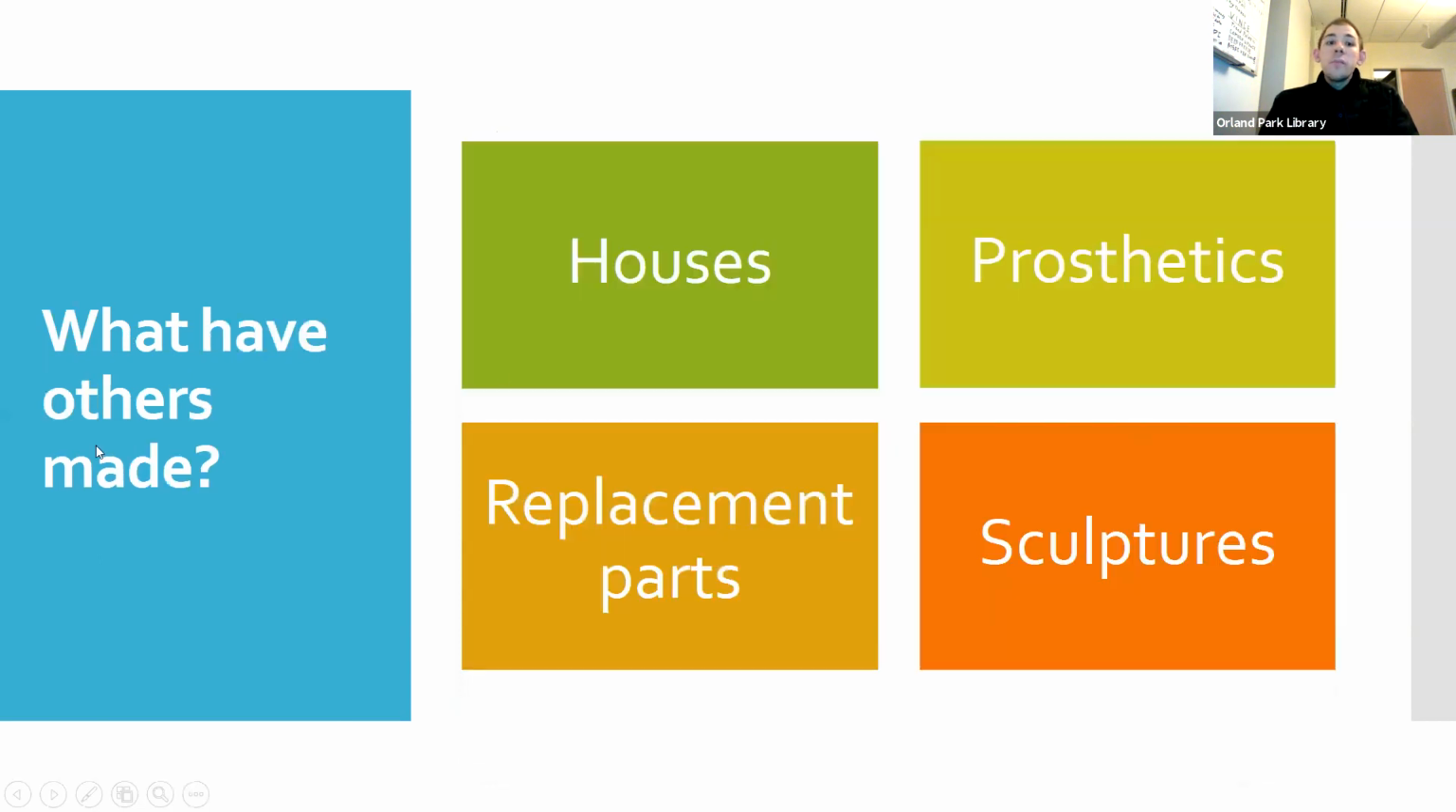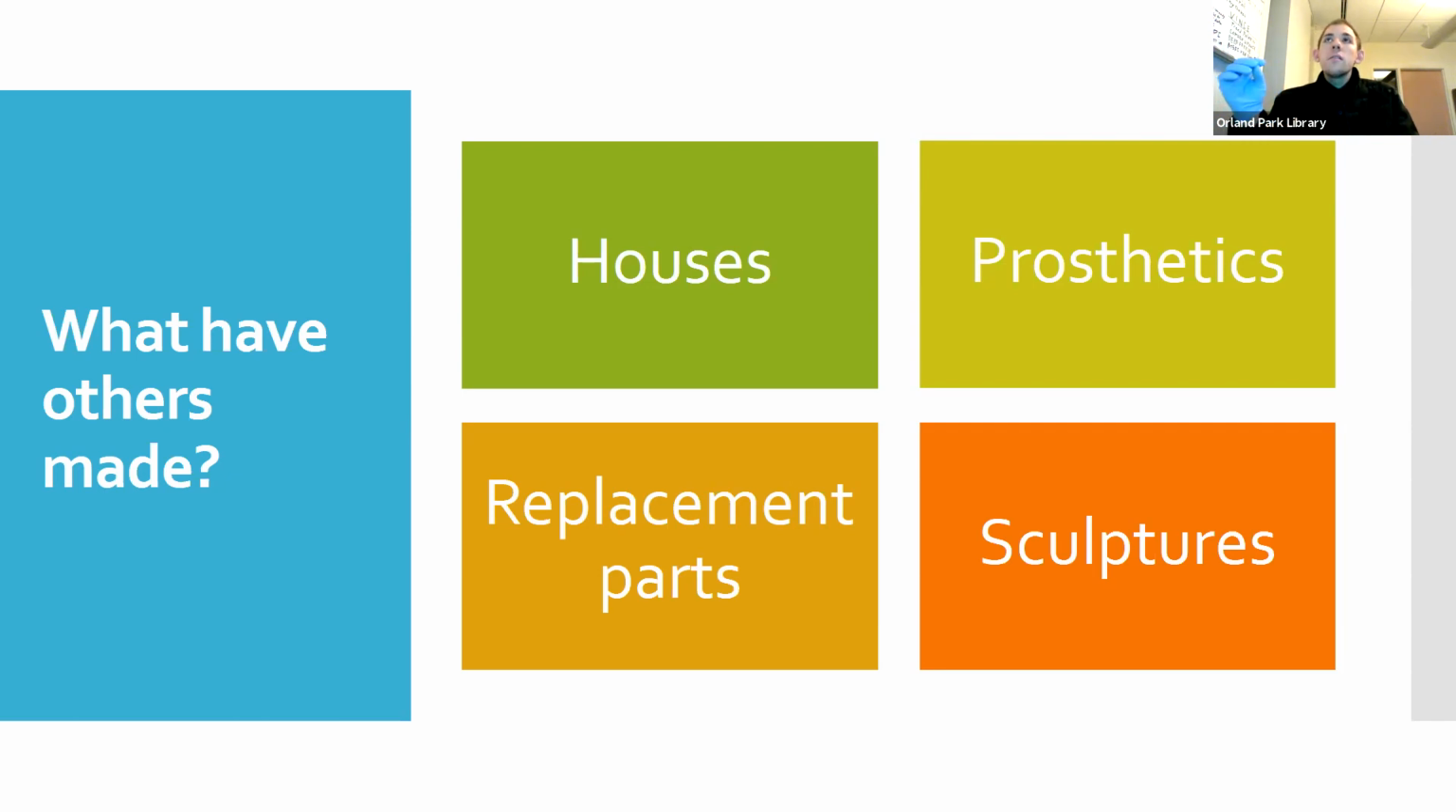And then what have others made? People have made small replicas of houses, they can be used for prosthetics, replacement parts, like I mentioned before, and sculpture. So going by each one singularly,